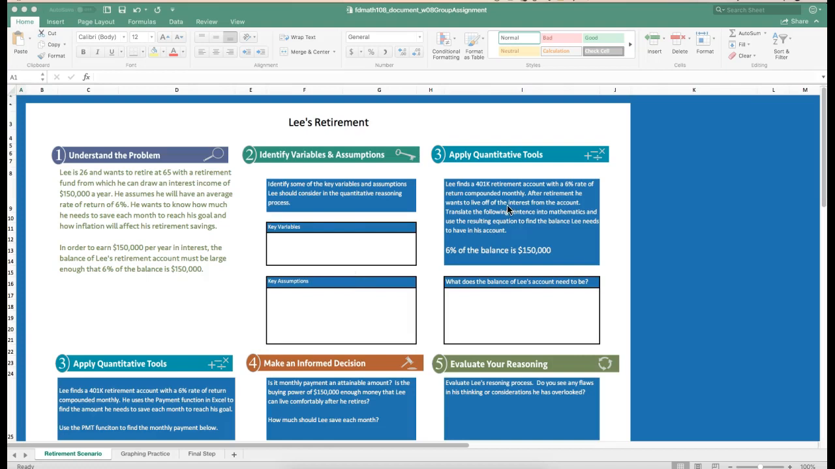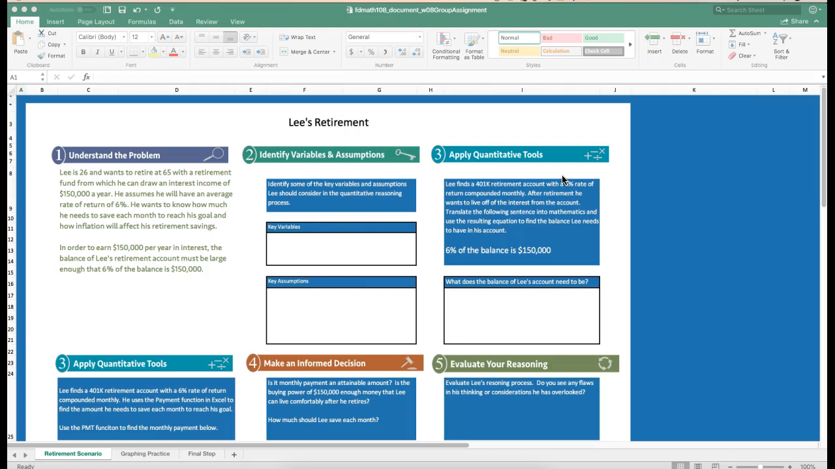Part number 3, Lee finds a 401k retirement account with a 6% rate of return, which is good. It's compounded monthly. After retirement, he wants to live off the interest from the account. Translate the following sentence into mathematics, using the resulting equation to find the balance Lee needs to have in his account: 6% of the balance is